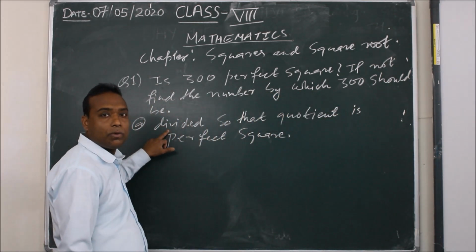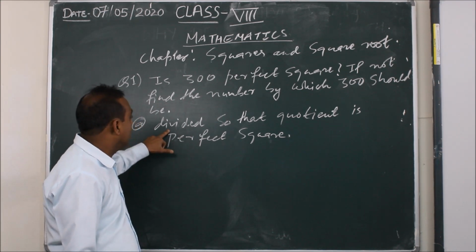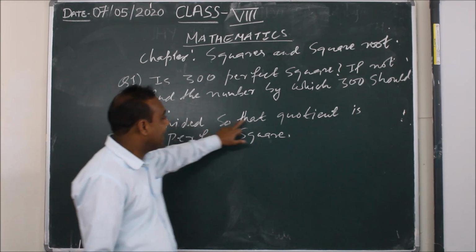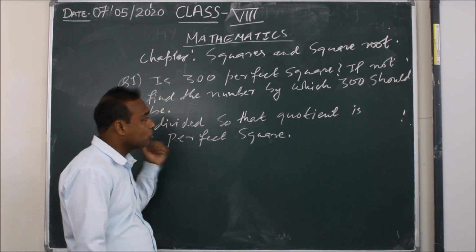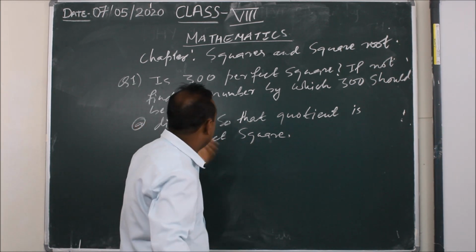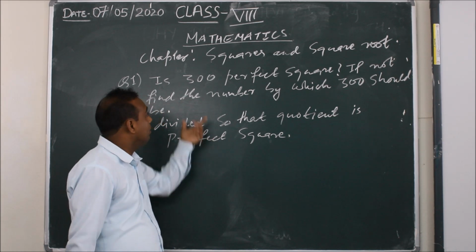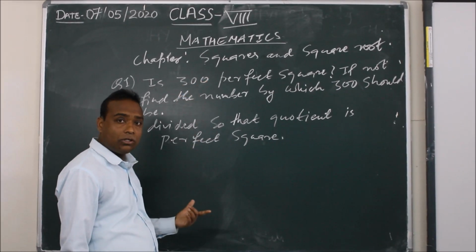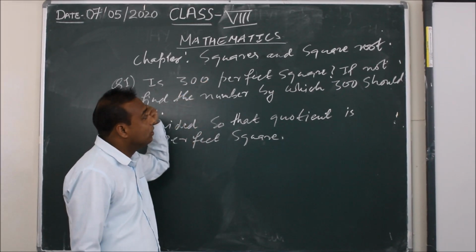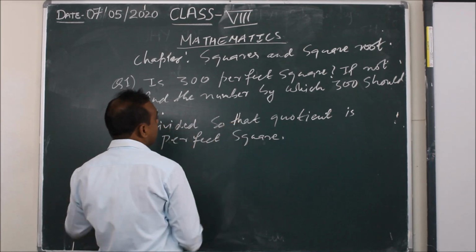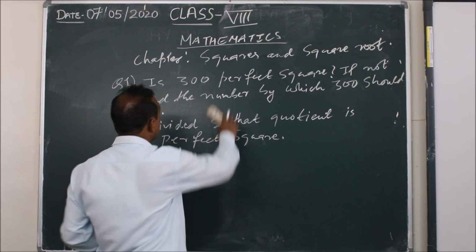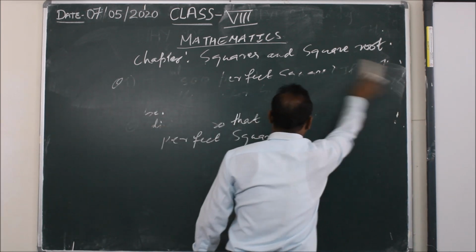Last time I taught you about multiplication. Here there is a division, so that the quotient is a perfect square. So how to solve this? Again we have to check here whether 300 is a perfect square or not, and if it is not, then we have to find that number. So this is the question. Now in the solution,